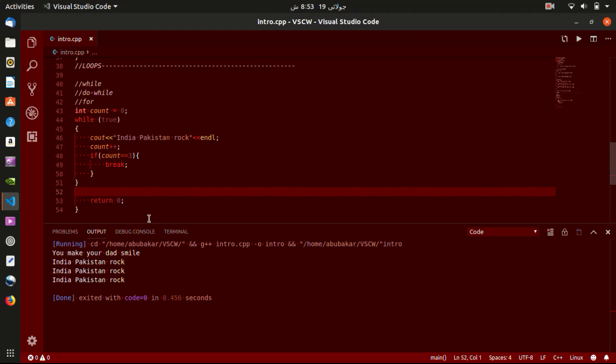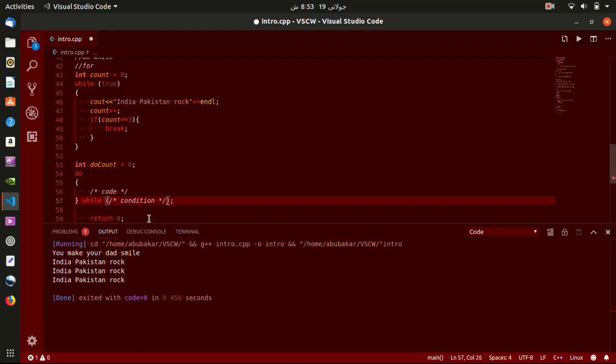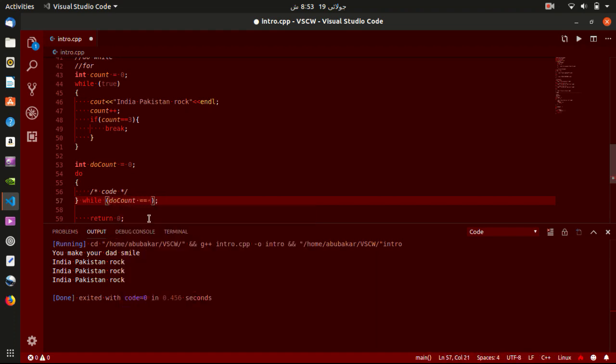Now we're going to move on to the next one, that is the do while loop. Write do, enter code snippet. So the code comes here, the condition comes here. Okay, so I want to run my code 3 times. I'll just have a different variable for this one. int do count is equal to 0, and the condition should be do count is equal to 2,